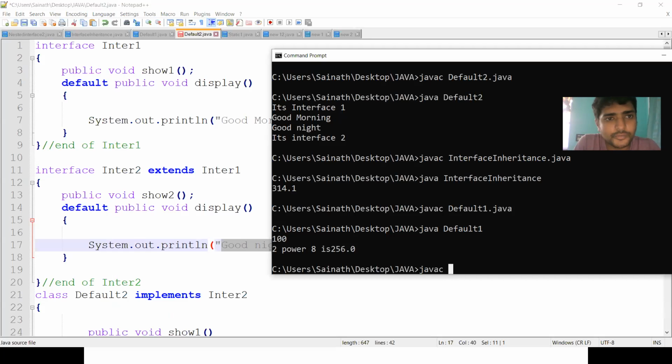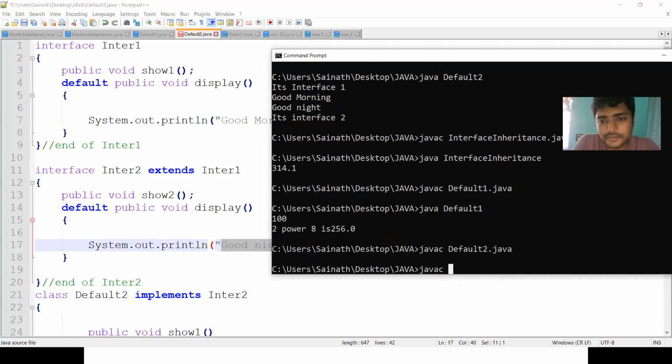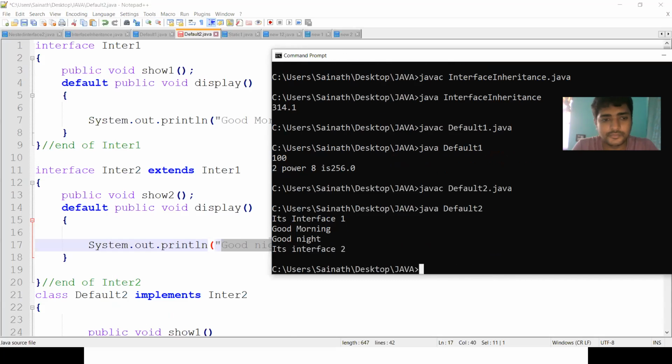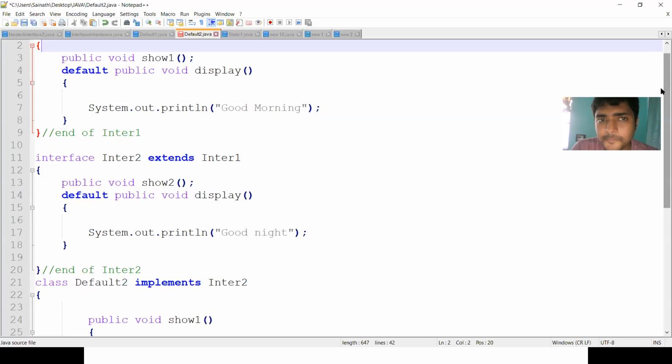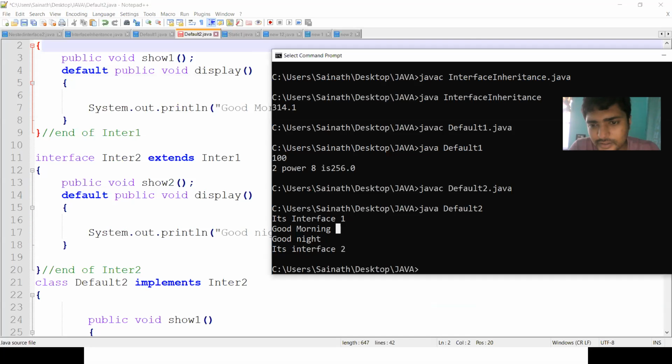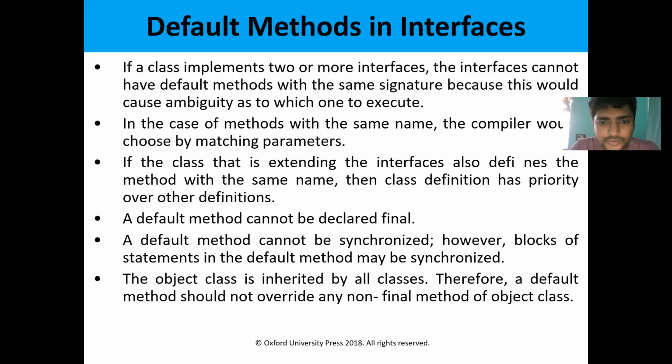So javac, the class name is default2.java. Then java default2. So interface 1 is executed. Good morning, good night, it's an interface 2. So let us check the program once.